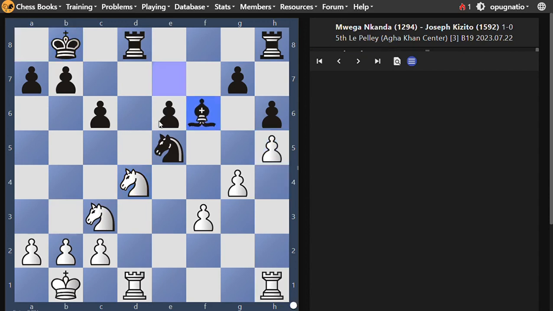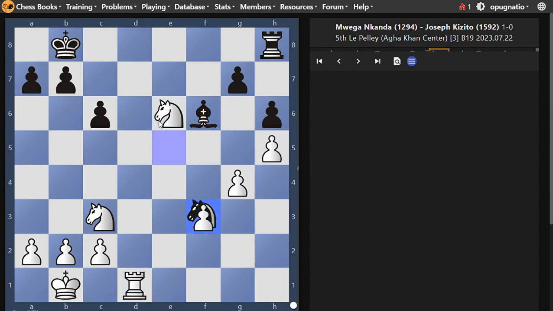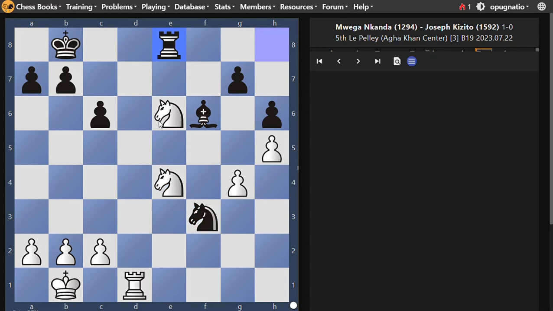So I played h5. He played his bishop to f6, dealing with the rook to d7 idea later on. So here I went for the trade. I took, and he took on f3, and I played my knight to e4. So after rook e8,